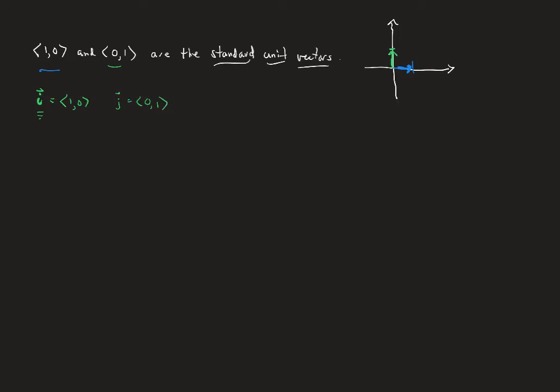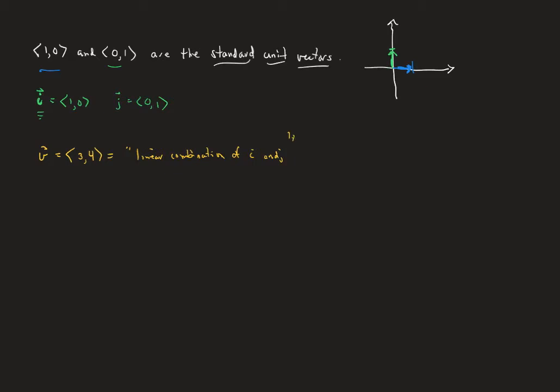So what that means is we can sometimes take these vectors that are given in, say, component form. So suppose I said here is our vector v, and in component form, we wrote that earlier as 3, 4. We can write it as what we will say a linear combination of i and j. So you're going to see these directions sometimes: write the vector as a linear combination of i and j. And so what that means